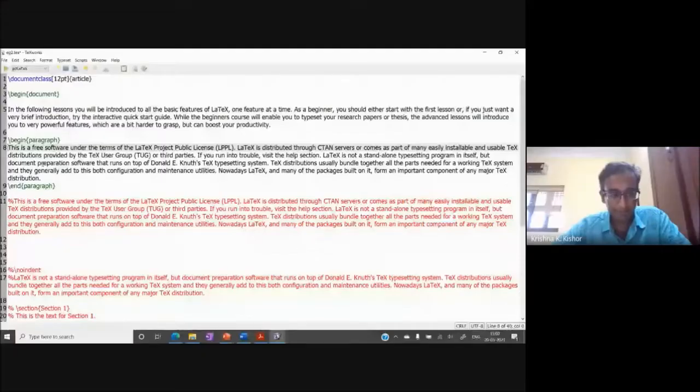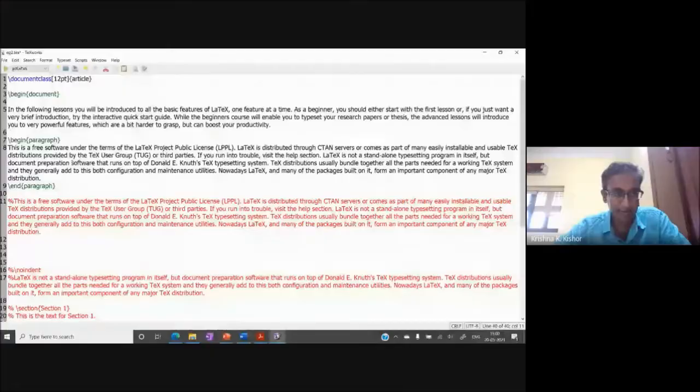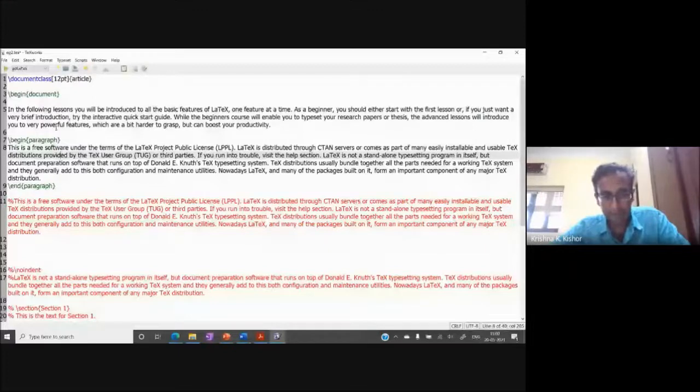So what I have right now is a begin document on top, an end document at the bottom, and the stuff in between, really just 2 paragraphs. The difference is this paragraph I have written like this. Typically we don't use this, but I thought I'd show it so that you're aware of it. Let's see what the output looks like. So this is the first paragraph that I had.